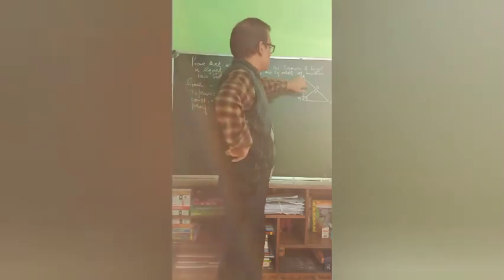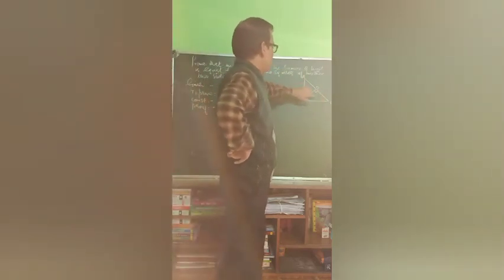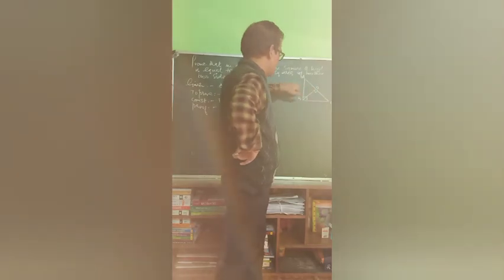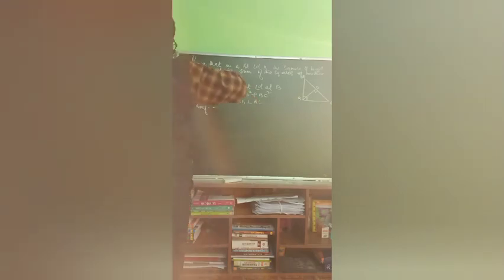Now we are having three right triangles. One is ADB, another is BDC, and the third one is the whole triangle, that is ABC. These are all three right triangles. So we will make the similarity of any one of these triangles to this triangle, and this one to the whole triangle. So let us make the similarity criteria for this one.